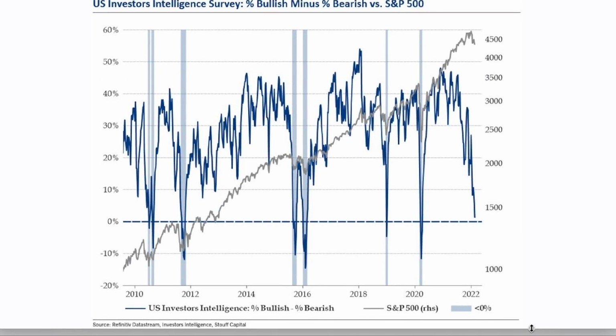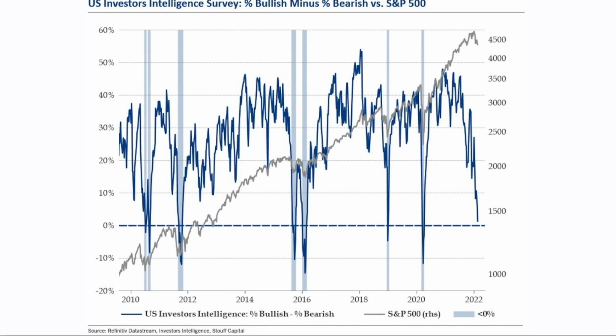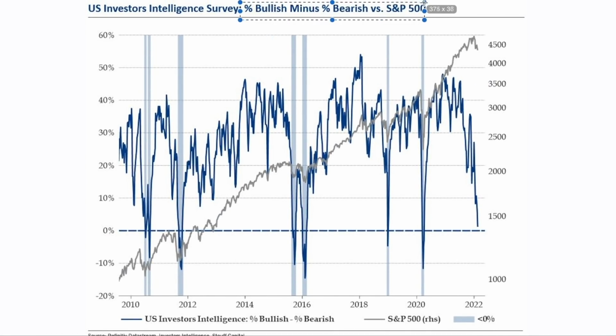And if we take a look at the investor sentiment, so the number of bulls minus the number of bears in the market, we're still in incredibly bearish territory, right? Typically a territory that marks major market lows because everyone has already sold based on the information that they have. Selling now because of tightening is like